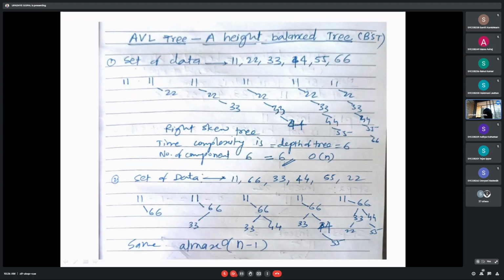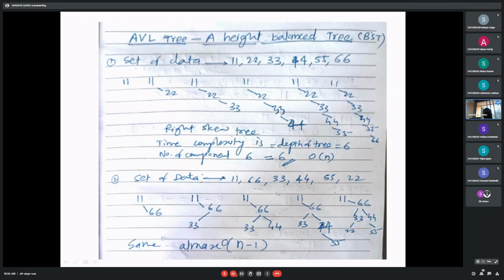Balance the height of the tree in such a way that these drawbacks, in terms of how many steps will be required to insert a particular element inside the tree, are reduced. With respect to that, we need to reduce the time complexity, and once you reduce the time complexity, that means we are increasing the performance of that particular algorithm. To do this task, we have a new algorithm named the AVL tree.